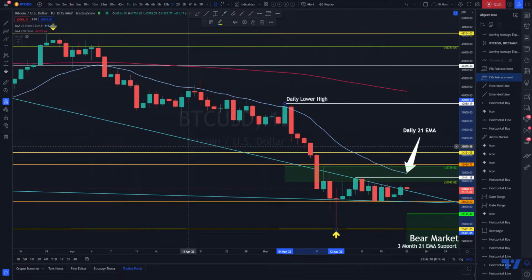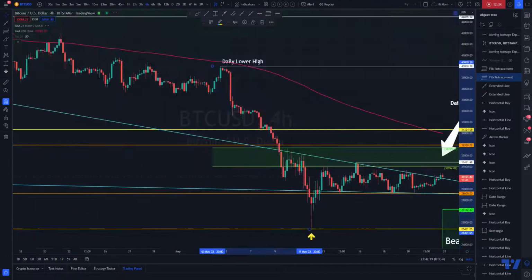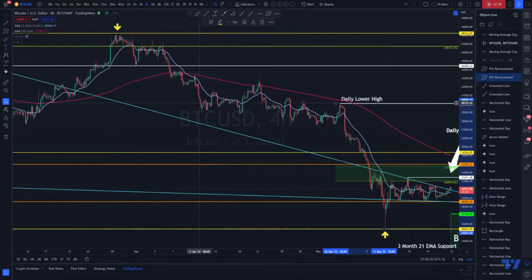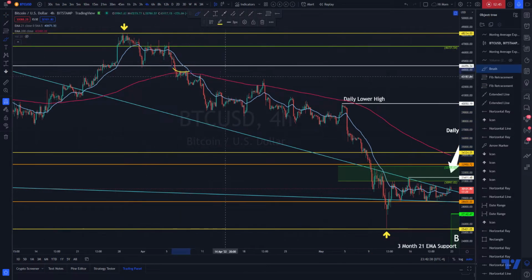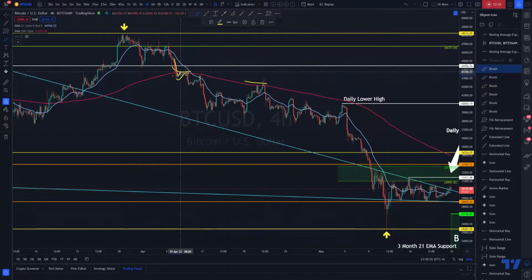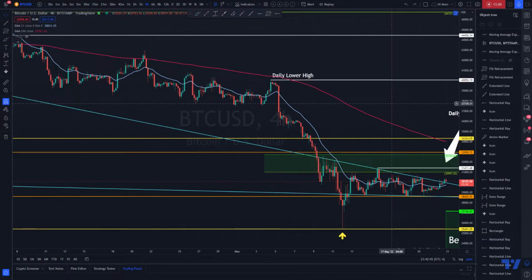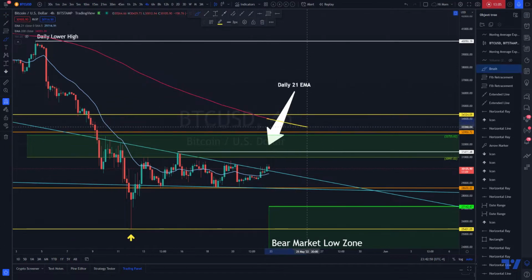So let's see what else we could go over here on Bitcoin. You should be prepared for both bullish and bearish scenarios, right? The other thing we need to take a look at is this 4-hour 200 period exponential moving average. If you're a strength trader, you know that we identify bullish and bearish price action with support and or resistance on the 4-hour 200 EMAs. You can see that we get a pullback below the 4-hour 200 EMA, bear flag and dramatic bearish follow through, right? So the most bullish scenario, if price gets up and over the daily 21 period exponential moving average and continues to push higher, I think we can highly anticipate a push into the 4-hour 200 period exponential moving average